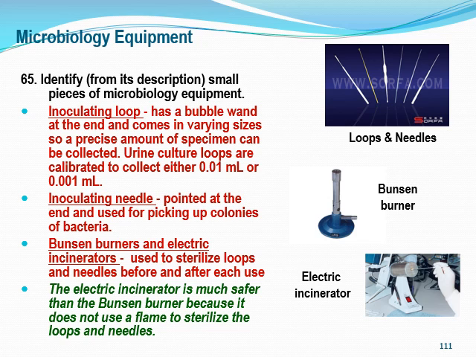So then when you take your plate and take the loop and go to inoculate your plate with it, it's putting a specific amount of urine on there, which is helpful because when you isolate that colony, it helps you know how much bacteria is growing in there, right? So then you have inoculation needles, which are pointed at the end and used for picking up colonies of bacteria